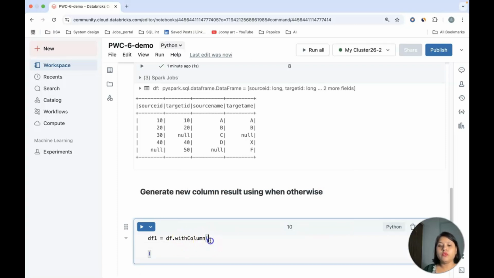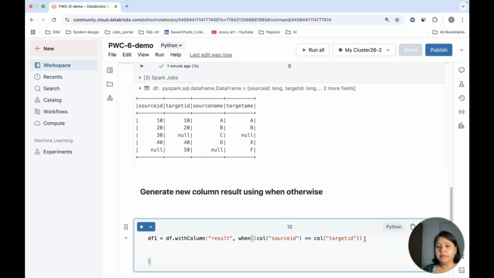In this withColumn, I will write my column name, let's say as result, and I'll use when otherwise condition. So when my column source ID is equal to my column target ID, right? These two are same, and I'll just wrap it up here.